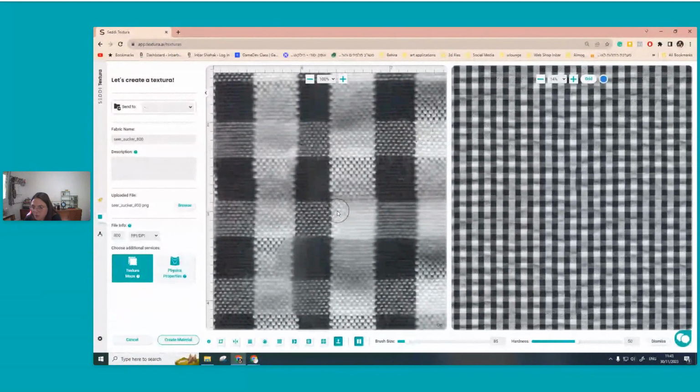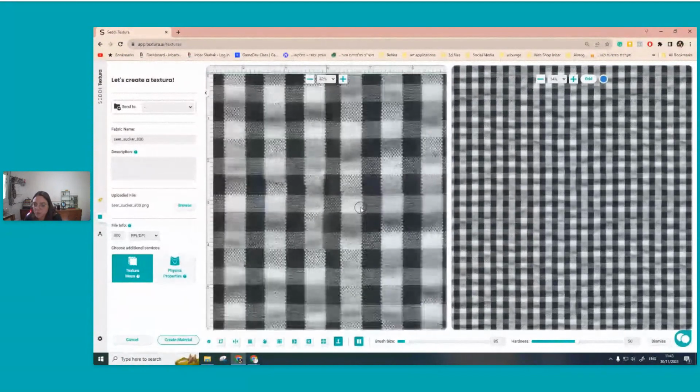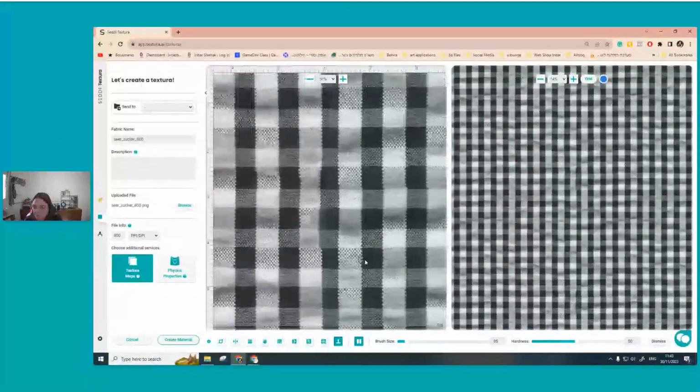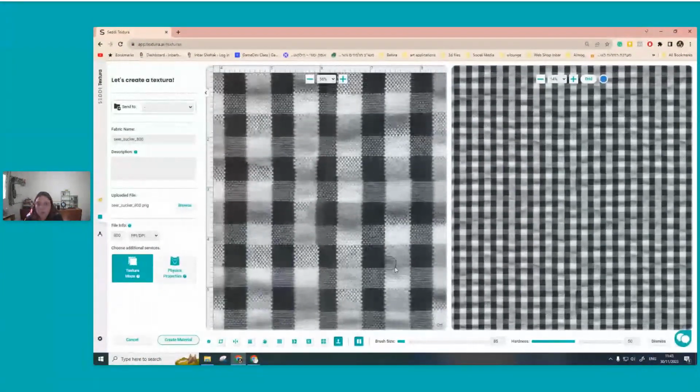Like here, for example, now I've got the white brighter. So when I was working on the smaller chunk, I could really get into each square and see if I want to fix all of them. Fixing all of them will result in changing the nature of the fabrics. Again, give and take. But I will also show you in a second what to do with a seersucker that can